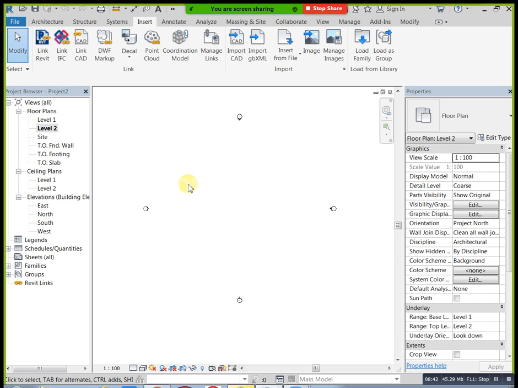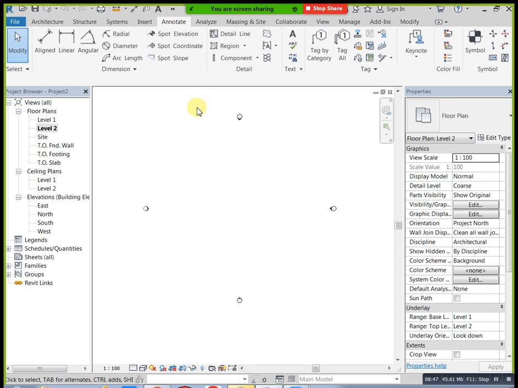Next, Annotate. Annotate means we are giving detailing to our building. For example, how much window width, how much window length. For example, I am creating some new furniture, that height, width. Each and everything we need to mention. For example, if you created some interior, for that purpose also we need to give the detailing. For creating that type of detailing, or dimensions, tags, or anything else, you can use the Annotate tab.